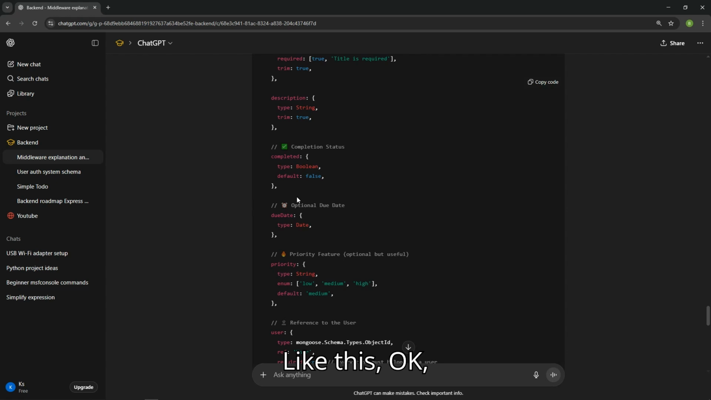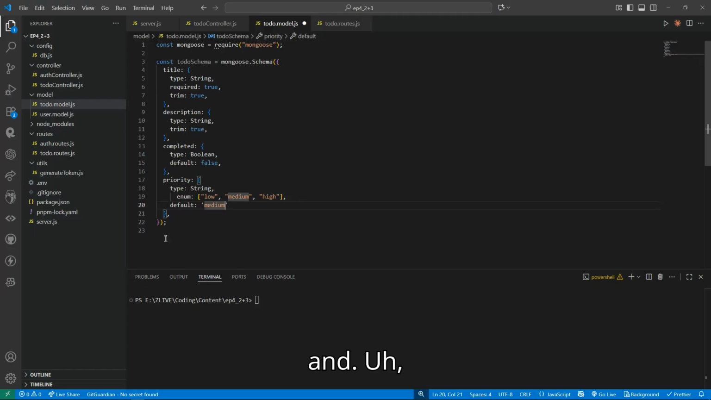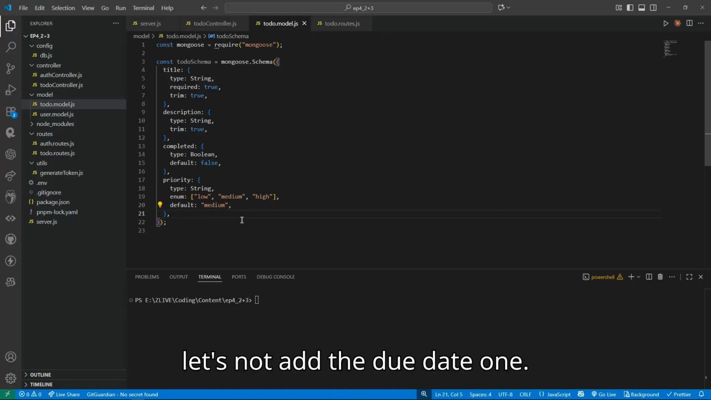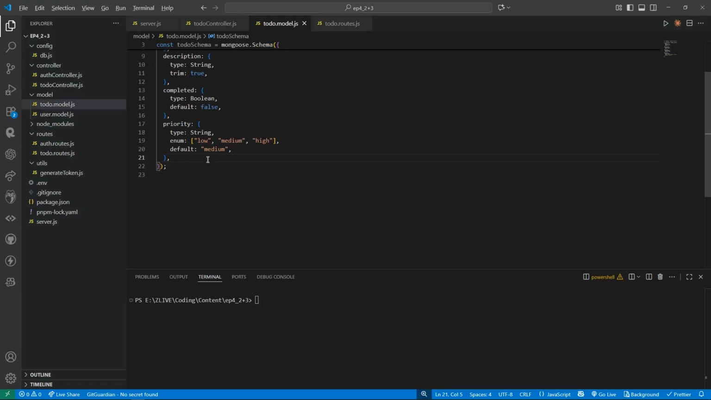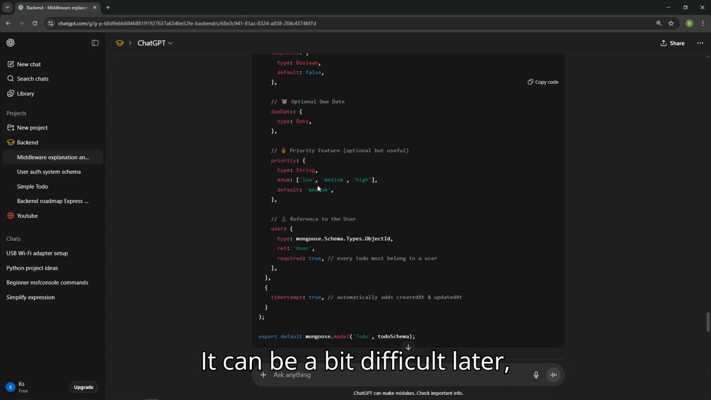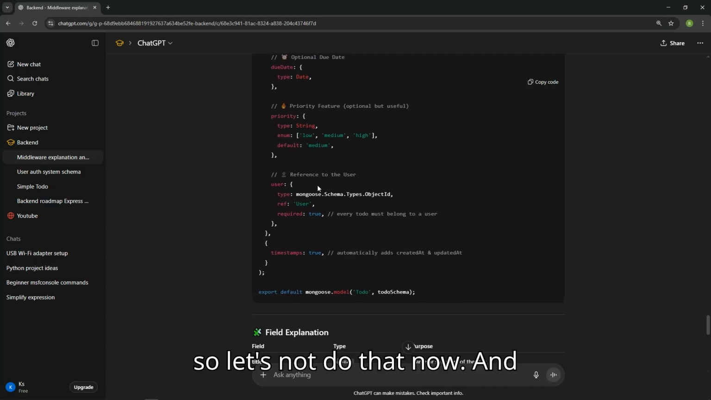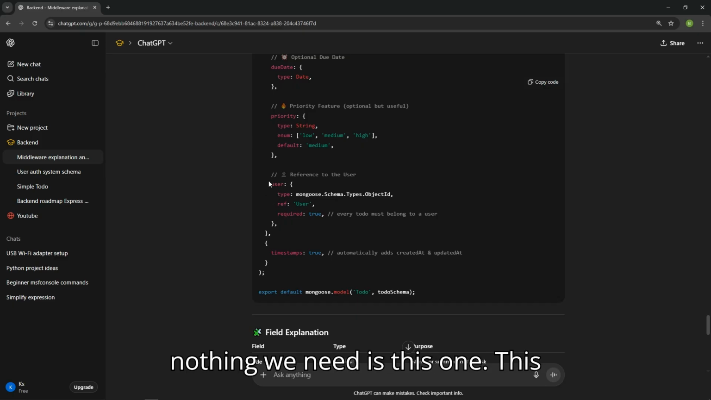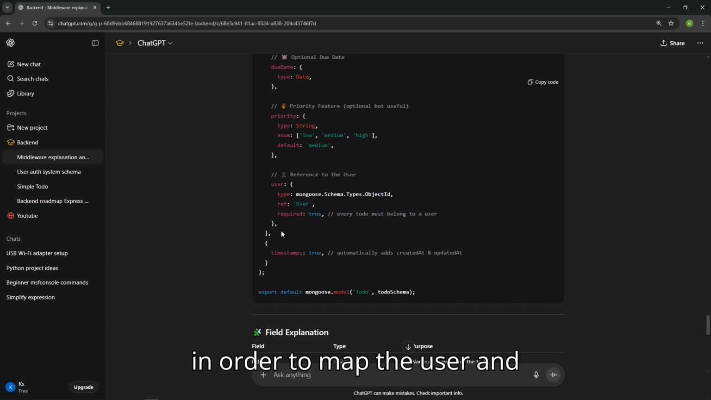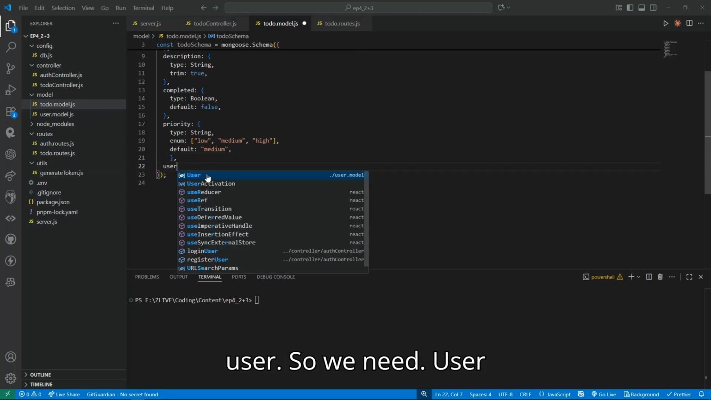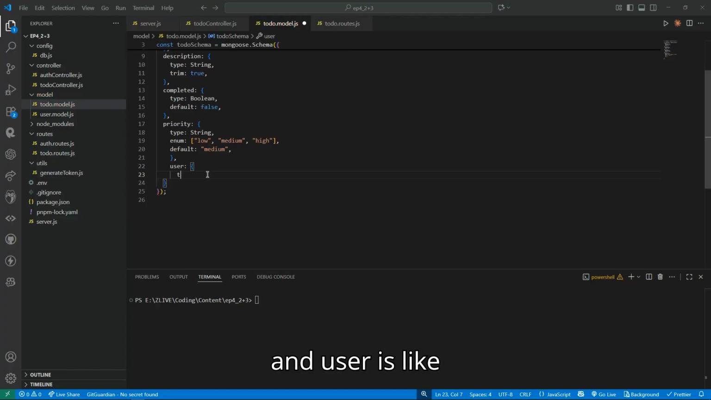Like this. Okay, and let's not add the due date one. It's a little bit difficult because it's type date, and it can be a bit difficult later. So let's not do that now. And the thing we need is this one. This is the most important thing we need in order to map the user and the respective to-dos of that user. So we need user, and user is of type